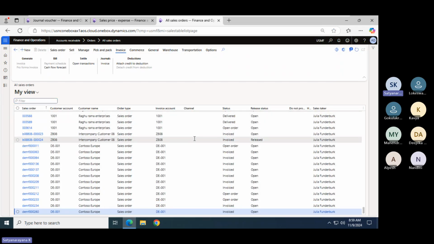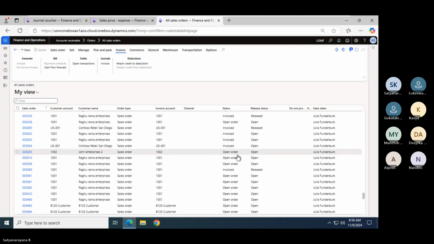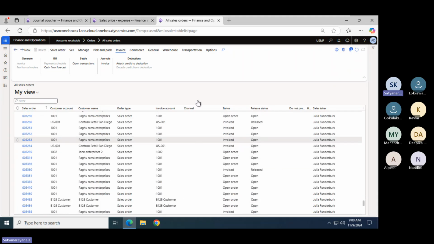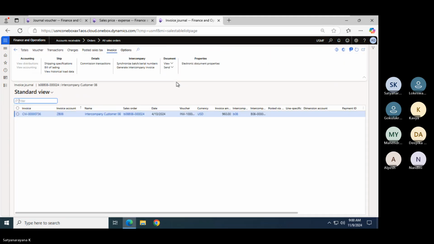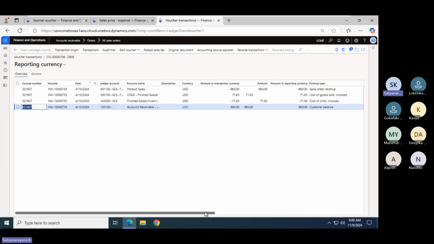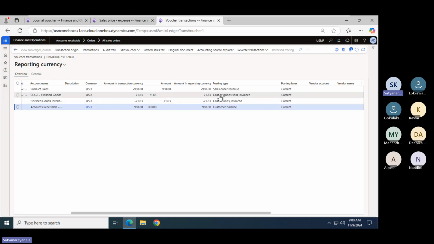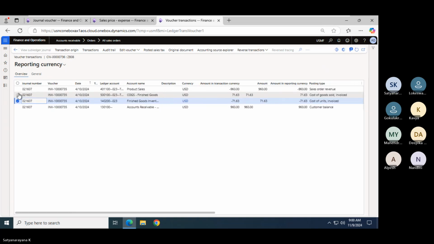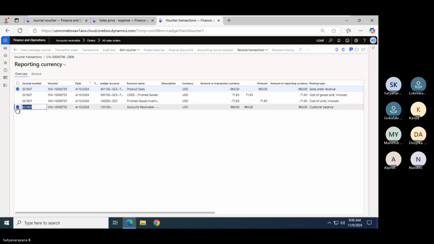Whenever we are posting an invoice, we are able to see the voucher here. In this, there are two kinds of entries: cost entries and revenue entries. These two are cost entries, and these two are revenue entries.